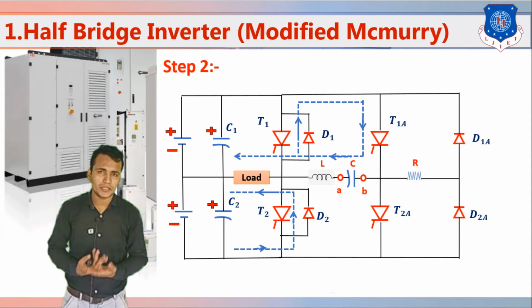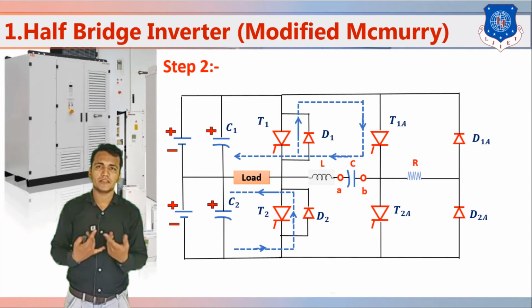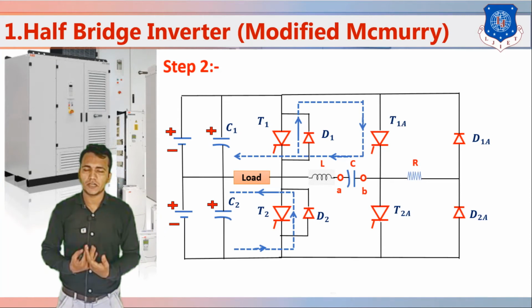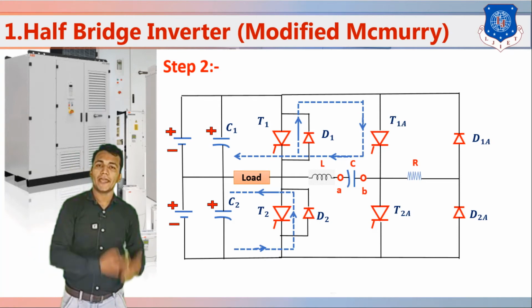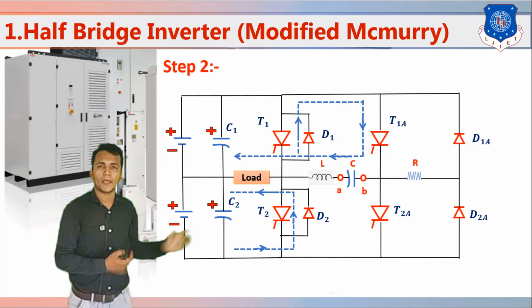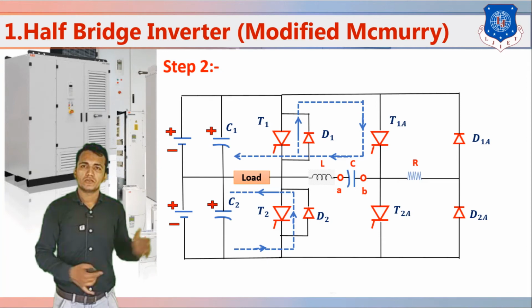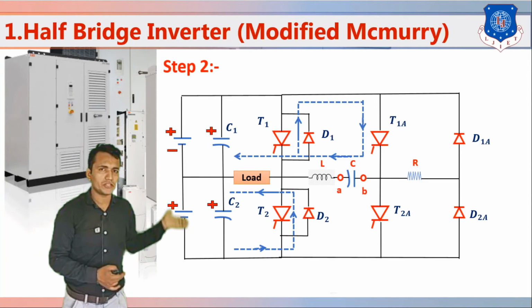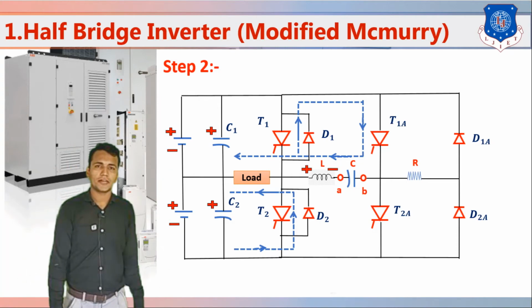So whenever in the exam we have to explain this topic, the half bridge inverter, at that time you have to explain step 1, step 2 and every current direction with these figures, and also describe it with this explanation. So that is the half bridge inverter, and also that is the polarity of the inductors.